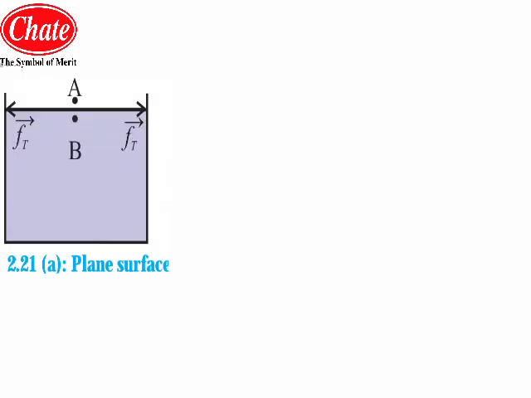Now students, we will see the excess pressure over a plane liquid surface. For that purpose we have assumed the diagram you can see. This diagram shows the planar free surface of the liquid, meaning the surface is a plane and there is no angle of contact. In this case the resultant force due to surface tension, F_T, on the molecule at B is 0. Thus the force F_A itself decides the pressure, and the pressure at points A and B will be the same. This is the consideration for this diagram.